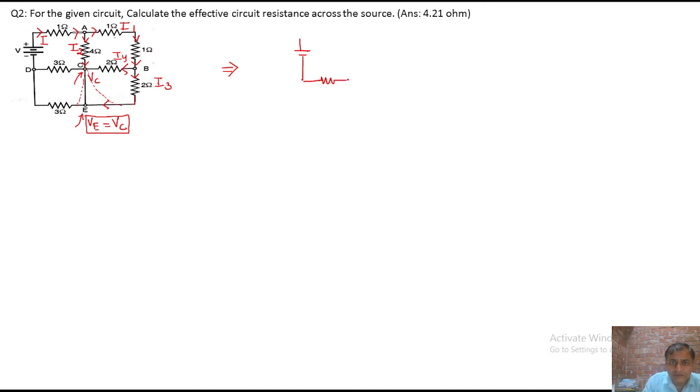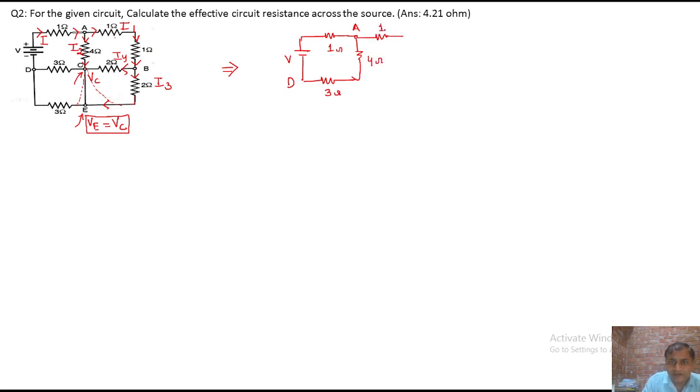This one is 3 ohm, this is 3 ohm, this is the V volt battery, this is a 1 ohm resistance, and this is the A point, this one is a 4 ohm resistance,